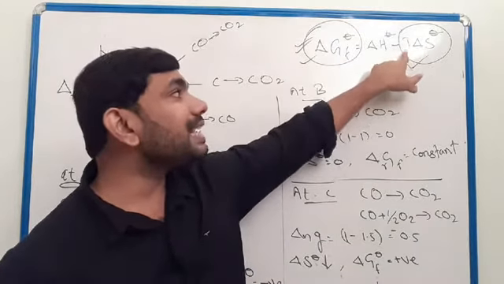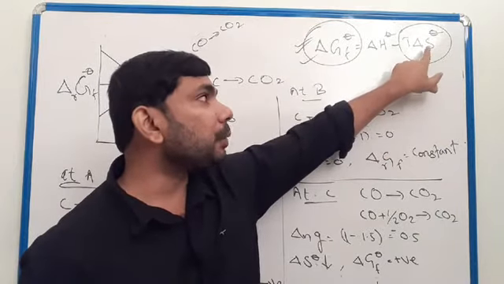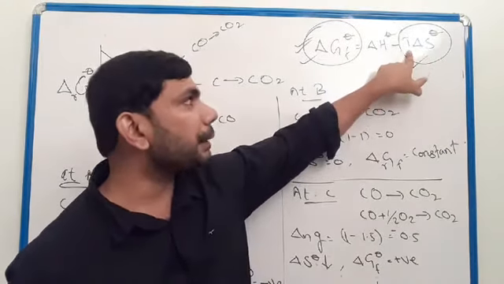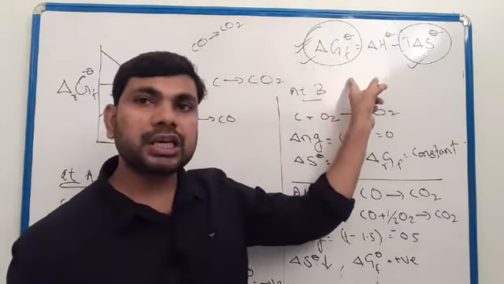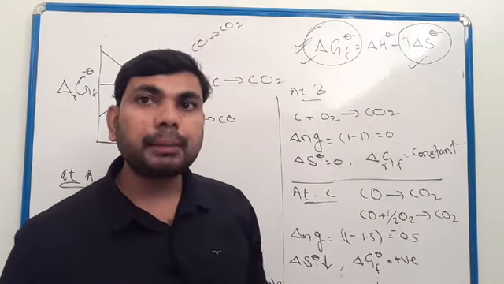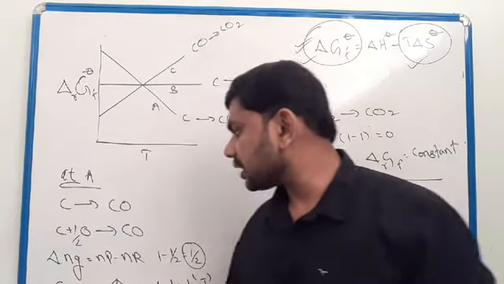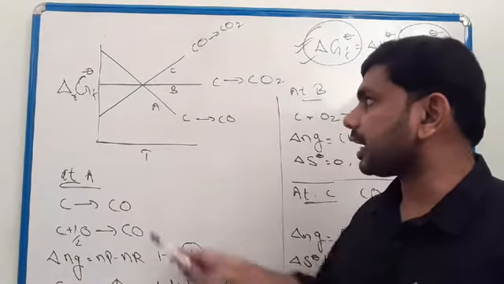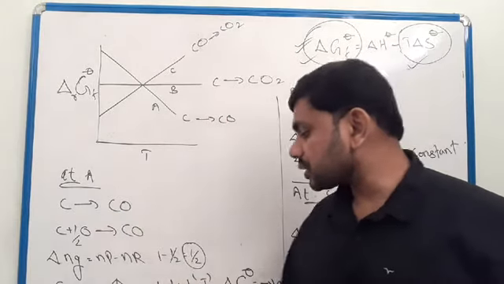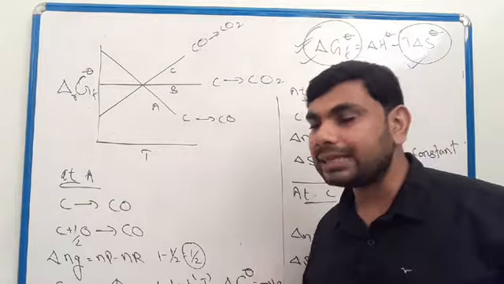So when you increase temperature, entropy is already increasing, and again you increase temperature, what happens to delta G? Delta G becomes negative and the reaction will be spontaneous. Clear? So this chemical reaction will be spontaneous. According to this graph, carbon changing to carbon monoxide will be a spontaneous reaction. How can you predict this?